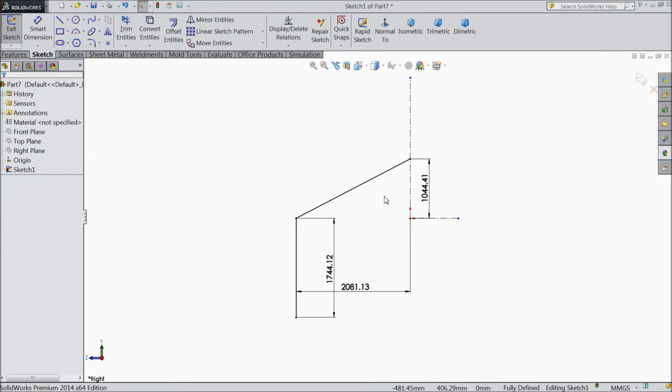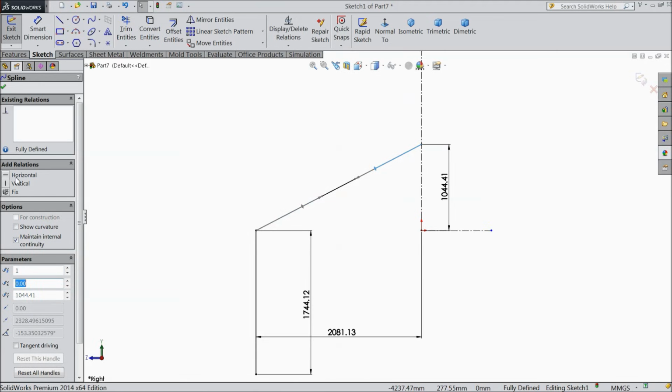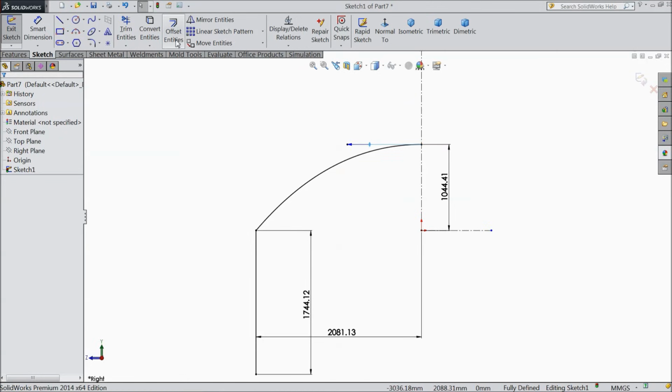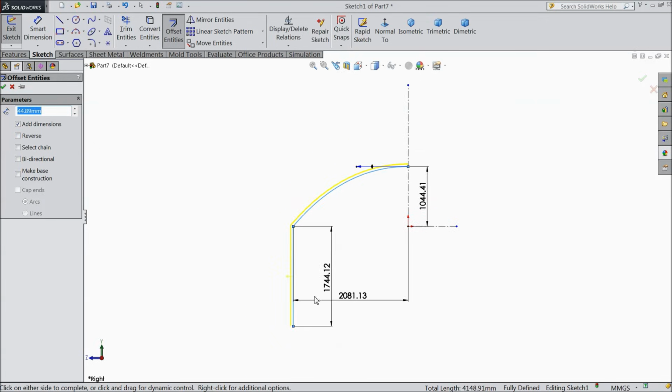Select OK. Now select this spline and select this point and select horizontal. Select OK. Now choose offset entity, select 44.89, select this spline and this line also.